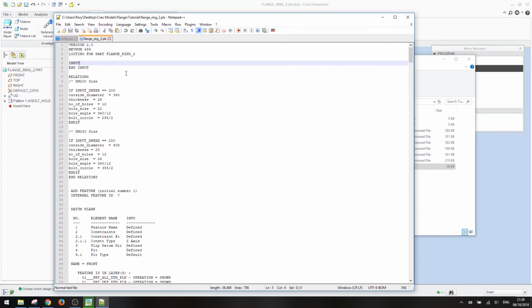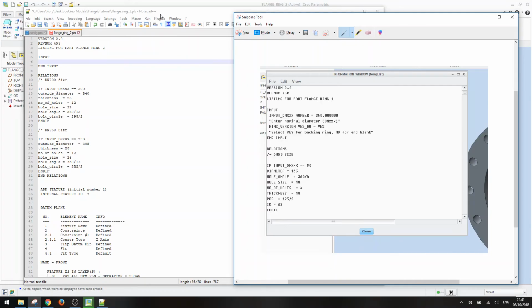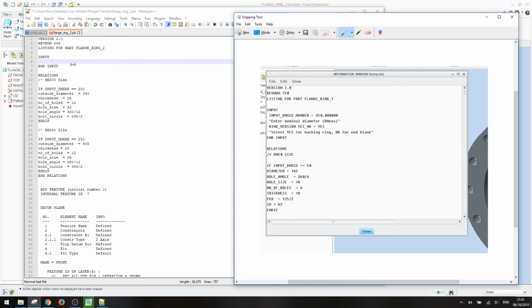Okay, so for the input section, what we're going to want to do is, and I'm just going to pause a minute and make sure I get this absolutely correct. Two seconds. Cool. So I didn't want to waste time putting things in which weren't quite right and go through a boring error checking process. So here up in this input area, as you can see from my snip from another model,